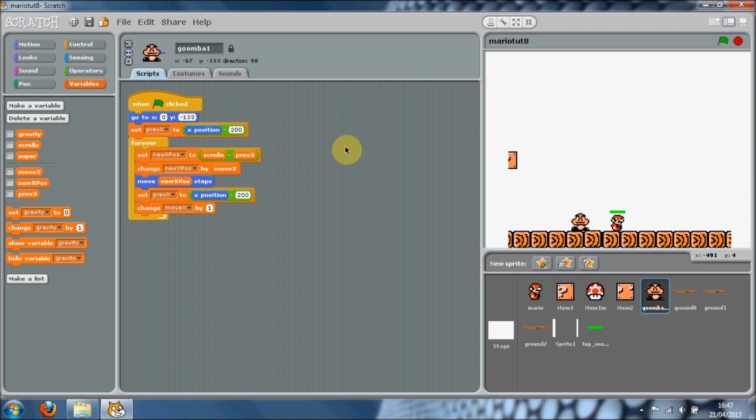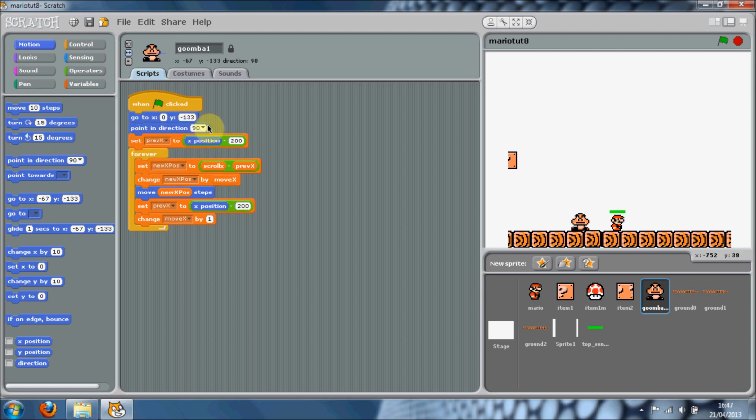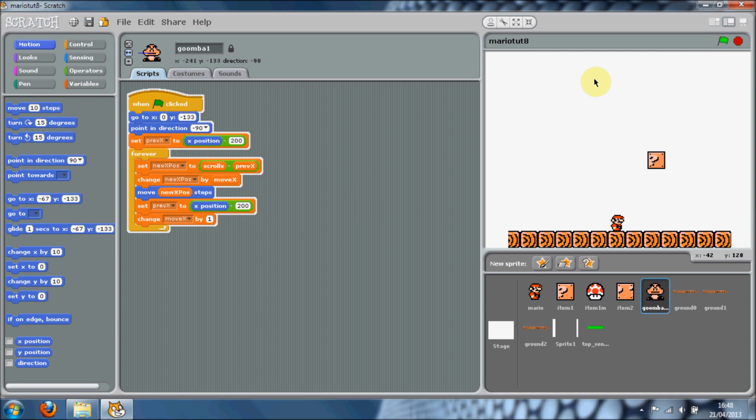And we're just going to do motion and then point in direction -90 left, because we want it at the start to move to the left. And then, if it hits an object or something, we can flip its position, or if it hits Mario, then we'll make Mario go smaller or something like that. And that should be alright. So let's play this, and you will hopefully see